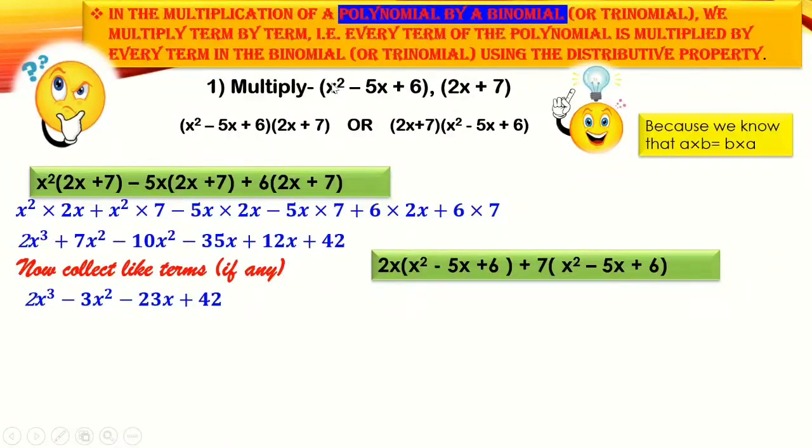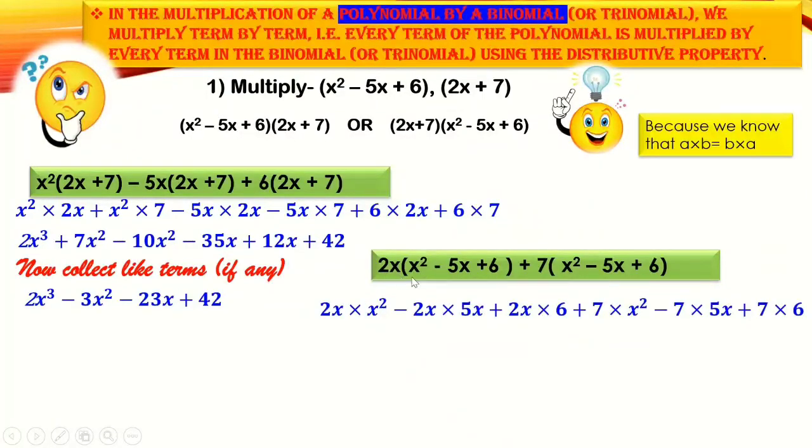Now I have done the same question by taking the product like this. When I write the product like this, I can also do the same question. That I've shown you here: when I'm doing it in this way, 2x will get multiplied with the whole expression first and then 7 will get multiplied with the whole expression. So this is what I have written over here. In the next step, this will get multiplied inside till the bracket is getting closed. So 2x into x square, minus 2x into 5x, and then 2x into 6. So here the bracket is getting closed, it means this multiplication is over. Then we will move on to the next term, that is 7 into x square.